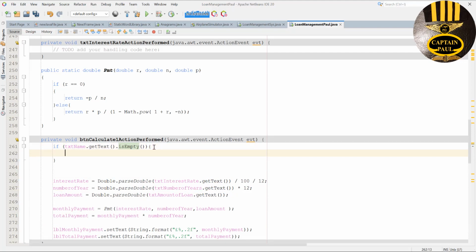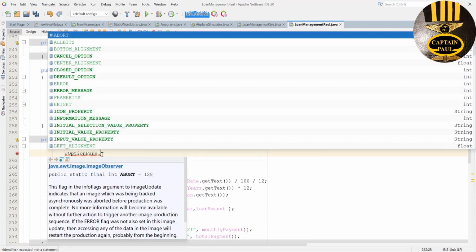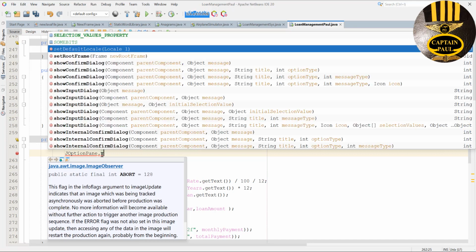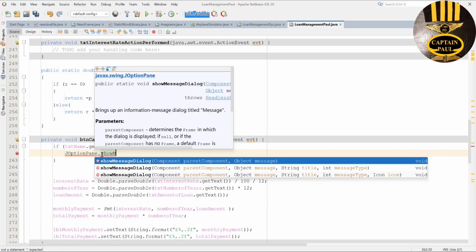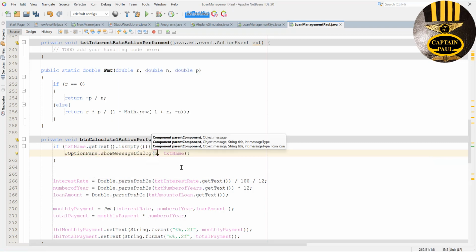We want the message box. Let's say JOptionPane, that should be uppercase, JOptionPane dot show message dialog, and this is going to be normal. And the message, you can just say,